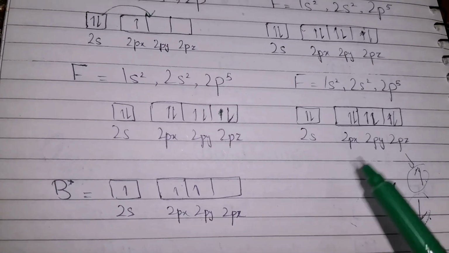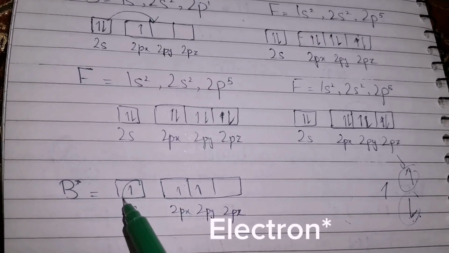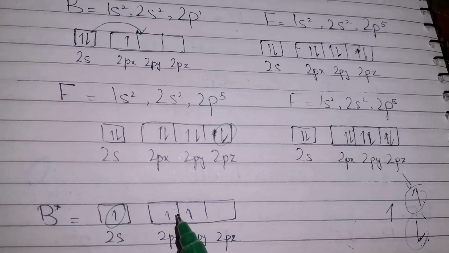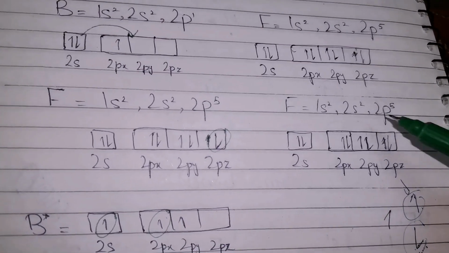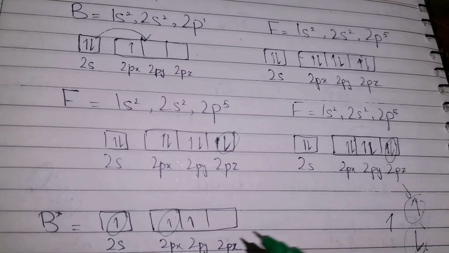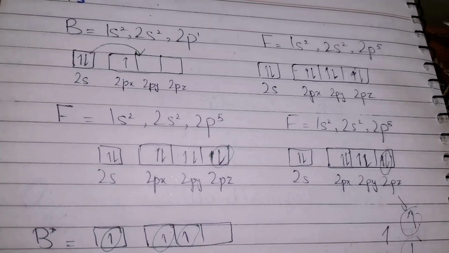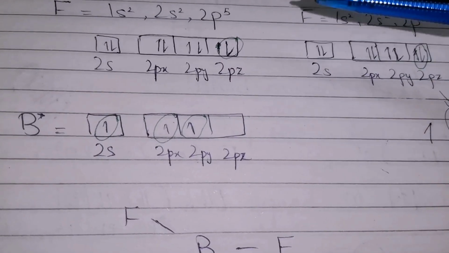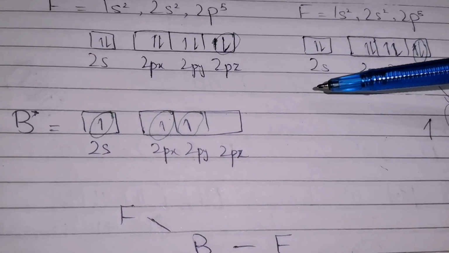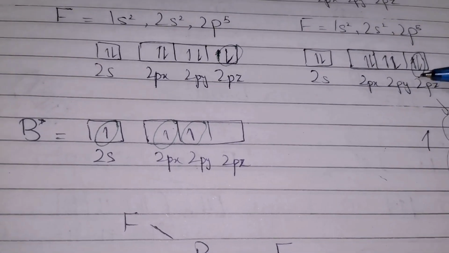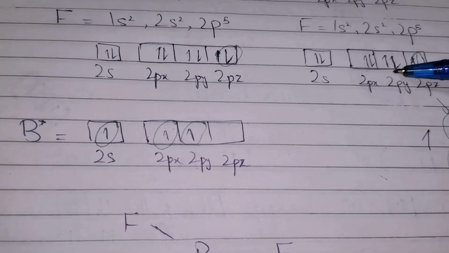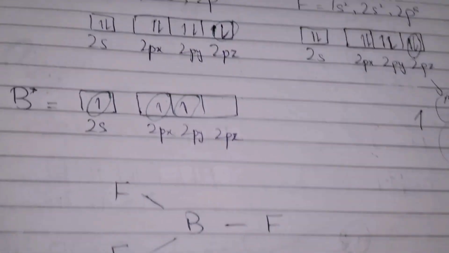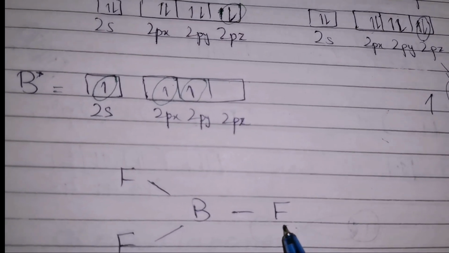Now they will overlap. The 2s orbital will overlap with the 2p of 1 fluorine. The second unpaired electron will overlap with the unpaired electron of another fluorine, and the third will overlap with the third unpaired electron of fluorine. We know that all the fluorines are having the unpaired electron in the 2p. It is in 2pz. This one is also in 2pz. We can draw it in any one, in 2px, 2py. It depends on us. Now this one is also in 2pz. So we can write here 2p